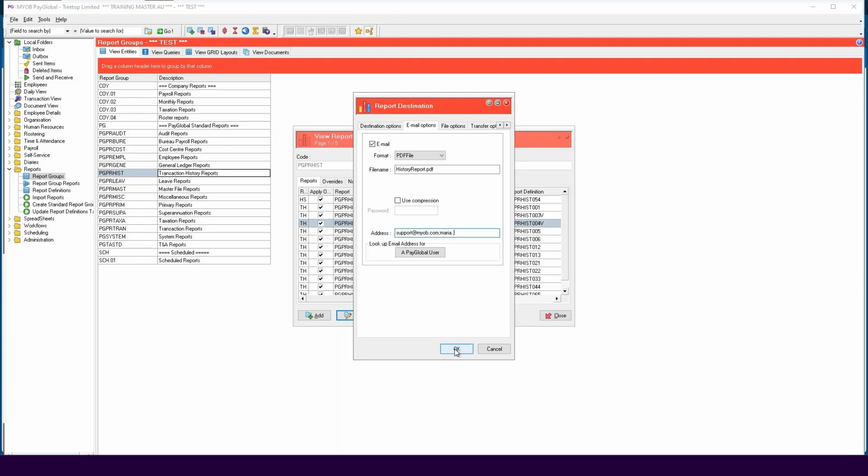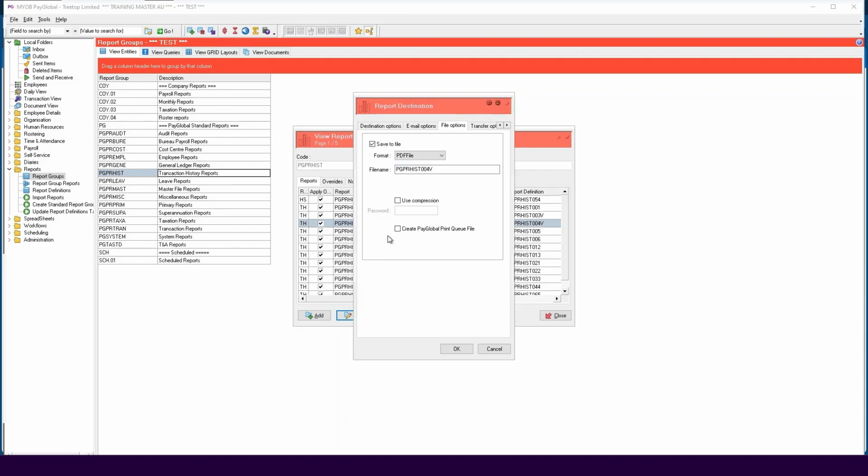On the File Options tab, you can send the report to a network drive. To activate this, click Save to File. Select the format for this report to be sent, for example, PDF. In the File Name field, enter the file name of the report you want to send, including the network directory path.